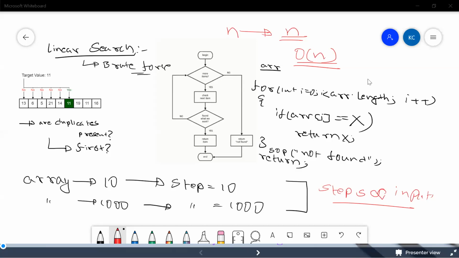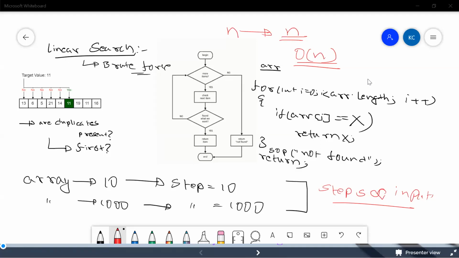An in-place algorithm is nothing but an algorithm that you are able to do in the same array. You're not doing any write operations over here, you're only trying to search something. So this should be an in-place algorithm. You're not using a secondary array or a temporary array. Linear search is a simple one.